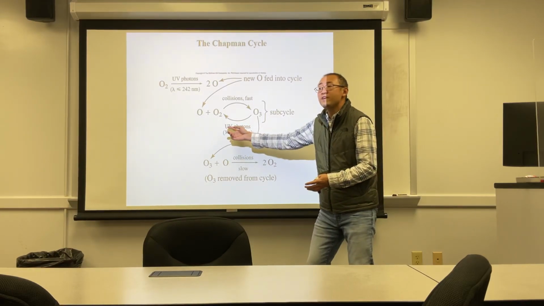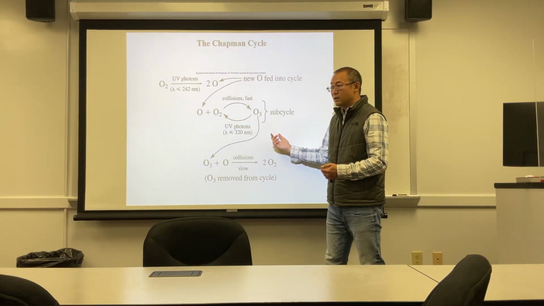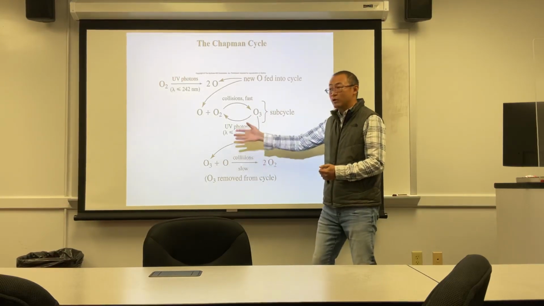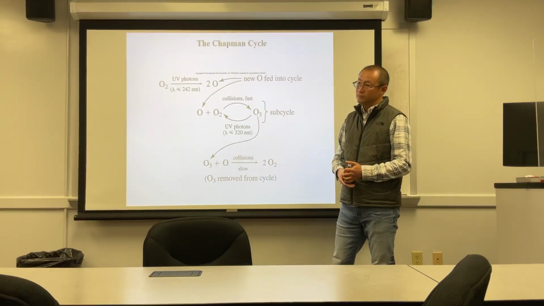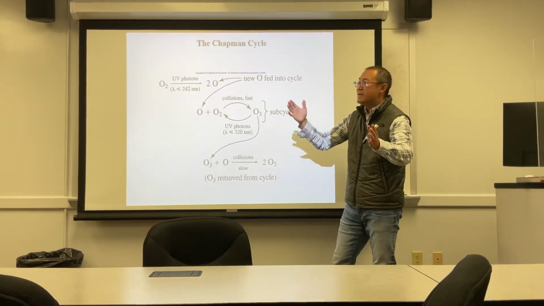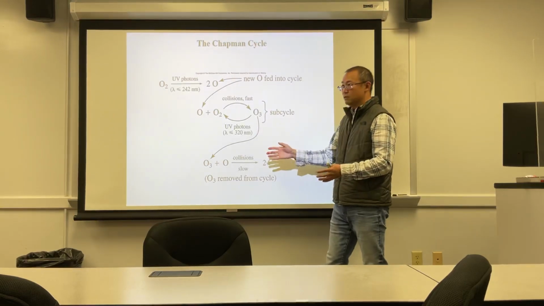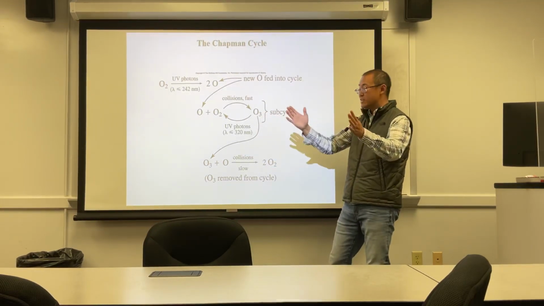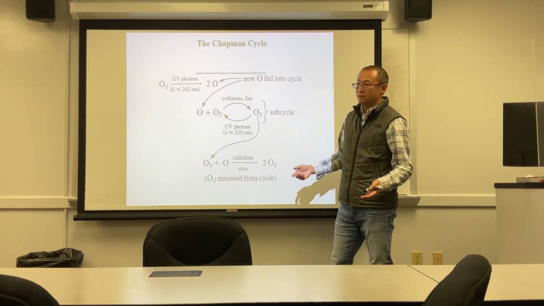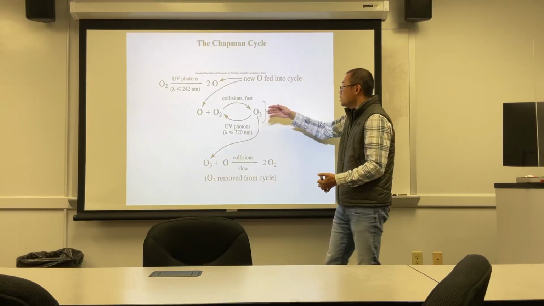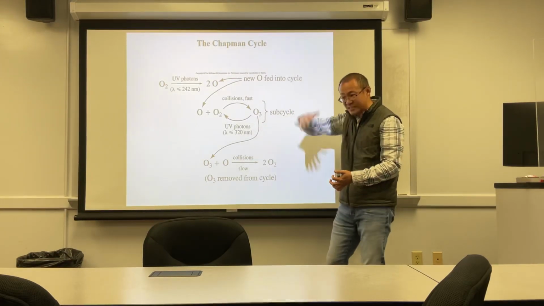To absorb UV again. And this time, ozone absorbs what UV? UVB and UVC. Okay, UVB and UVC, because anything less than 320 is UVB and UVC. So basically, both these UVs can break down ozone. Breakdown means the energy is taken away, absorbed to break the molecule down. So the energy does not